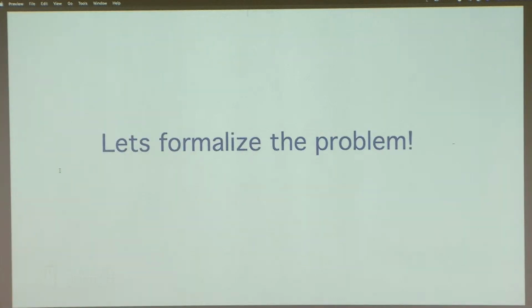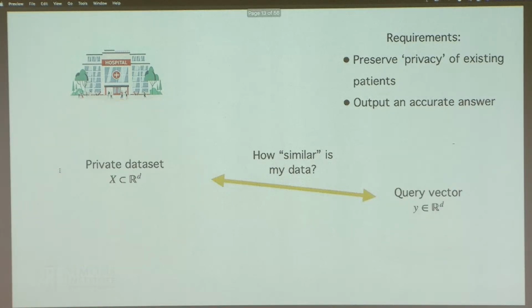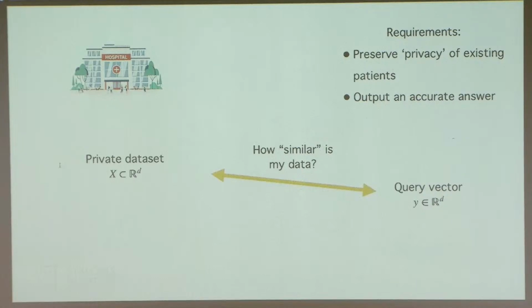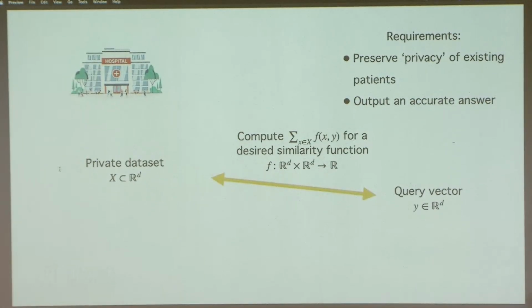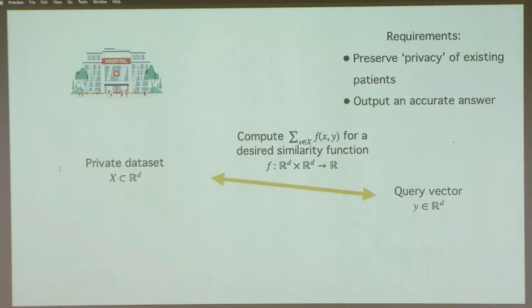Now let's mathematically formalize the problem. Instead of lung scans, which are hard to work with, every lung scan will be a vector in some d-dimensional space. So the hospital has some private data set of n points in d dimensions, and you yourself have a query point. You want to measure similarity between your query point and this private data set of, let's say, prior COVID patients. So you pick some similarity function f, say a Euclidean distance or a kernel function, just some natural function that measures similarity. And you want to compute the following sum: the sum of f(x, y), where x ranges over the private data set and y is your own